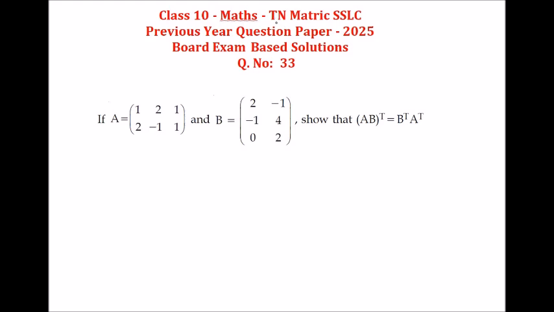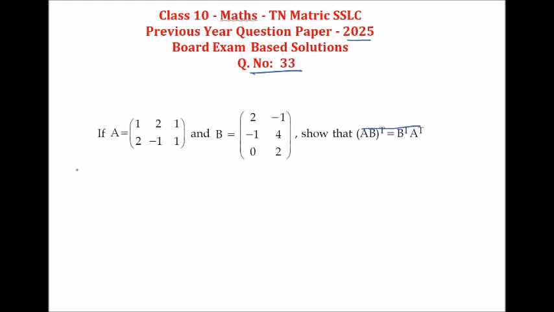Here we are solving the Tamil Nadu Matric SSLC Class 10 Maths previous year question paper. The question paper is the 2025 question paper. Question number 33: If A is equal to the matrix [1 2 1; 2 -1 1] and B is equal to the matrix [2 -1; -1 4; 0 2], show that (AB) transpose is equal to B transpose into A transpose. Here given two matrices, A is equal to